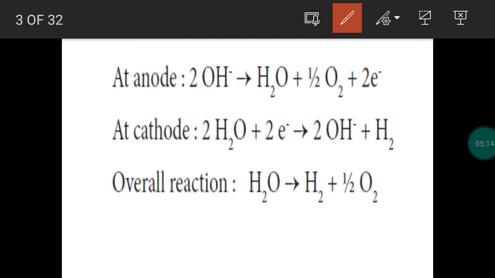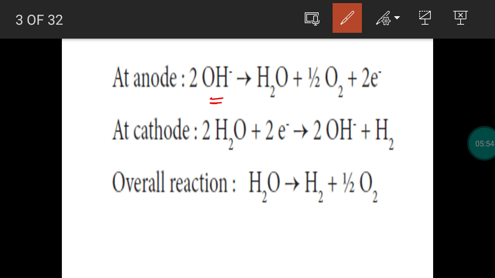So in the electrolytic cell, we have taken iron as a cathode, nickel as anode. The electrolytic solution is water molecule with a small amount of acid or base. Now the water molecule will involve in ionization process. It is becoming H plus cation and OH minus anion. Now what process will take place in anode? Oxidation process will be taking place. So there will be loss of electron. So hydroxide ion present in the electrolytic solution will be involved in the oxidation process.